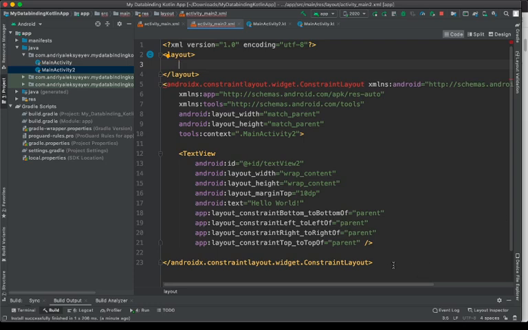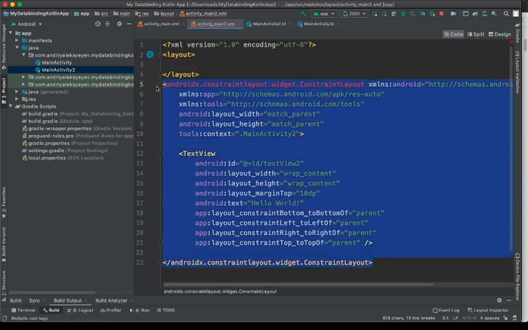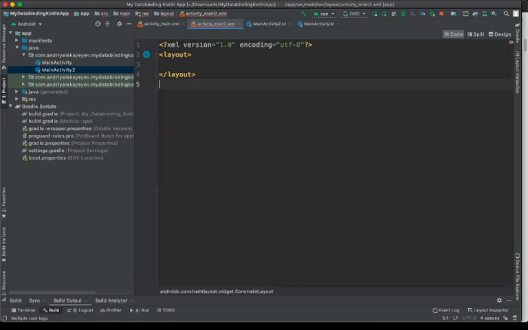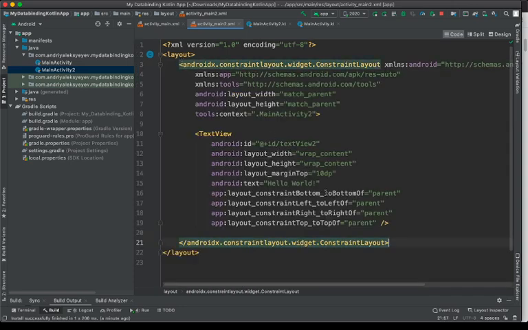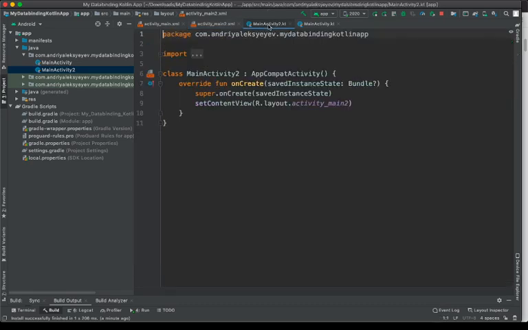Then we're gonna copy everything we want to put into the data binding like this, copy and paste, and that's it pretty much. We're done with XML. Now we can use data binding because it's within layout brackets. So go to my main activity 2 Kotlin file,